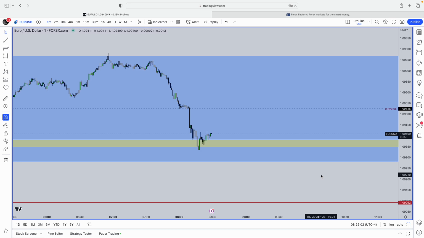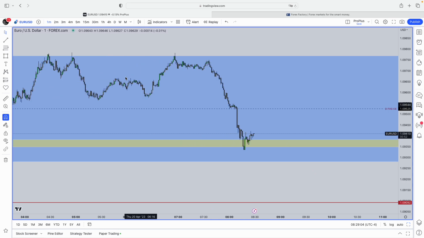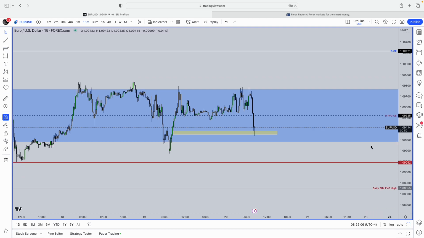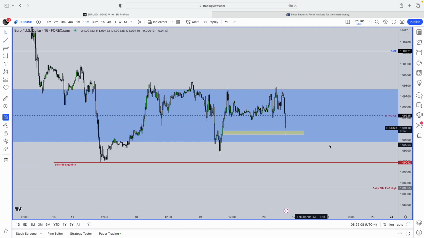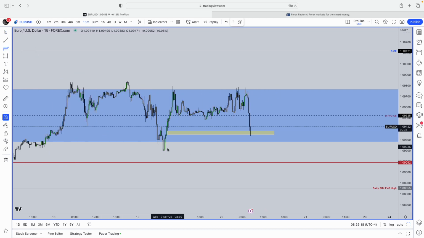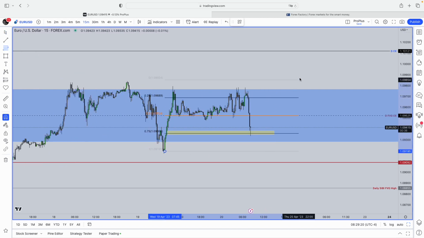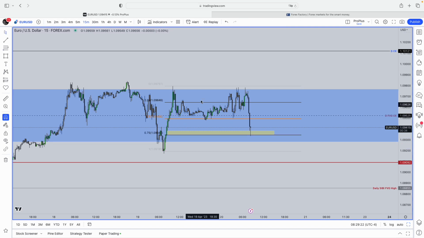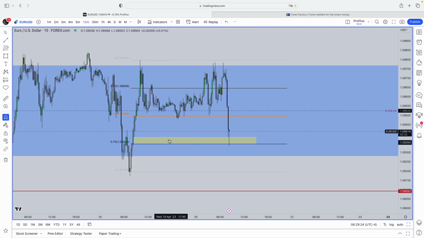20th of April, Thursday, and we take a look at EURUSD. This blue box here is a fair value gap on the daily. As you see, price has respected the top of this multiple times and then fell down. If I draw from the bottom of this push here to the top, just to find an equilibrium or a discount, it lines up with this 15-minute fair value gap here that I've drawn on the golden box here, the